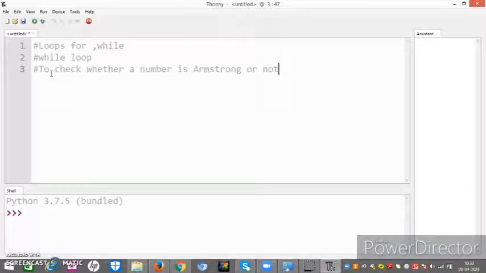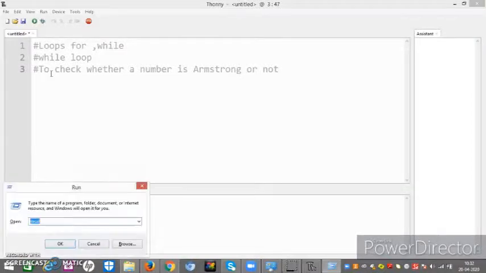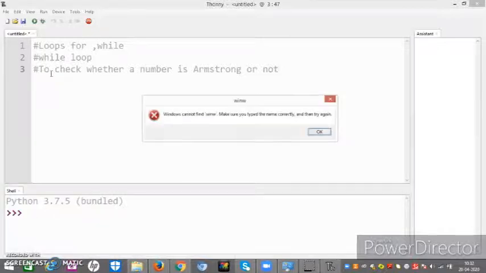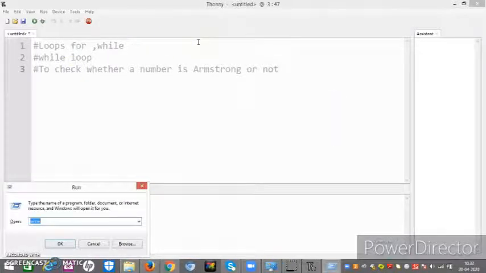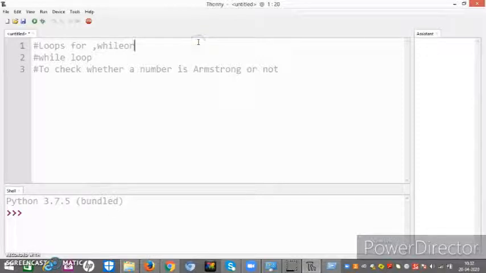Right? So what do you mean by Armstrong number? Let me first make you understand so that it is quite clear to you. An Armstrong number is a number, suppose I have taken 153, where the sum of the cubes of its digits is the number itself.